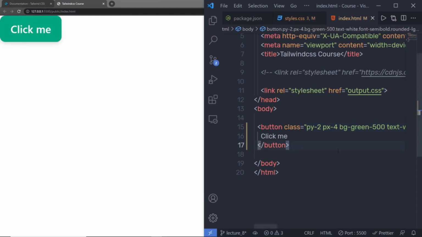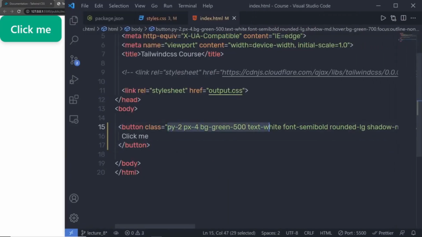You can use this button in multiple places in your web application. If you are using this button in multiple places in your web application, in that case, you will find yourself repeating common utility combinations to recreate the same component in many different places. Keeping the long list of utility classes in sync across many component instances can quickly become a real maintenance burden. So when you start running into painful duplication like this, it's a good idea to extract all these utility classes